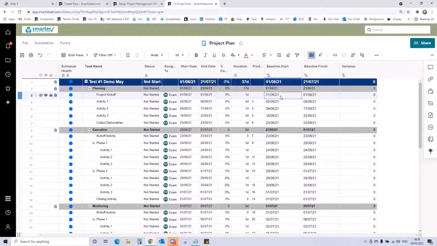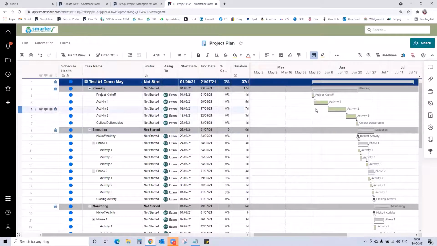You can't type over the top. You hear me trying to type over the top, it's not going to work. So these are now set in stone. But as you change your dates, you'll see the variances change. So I just want to show what's happened to the Gantt view. Can you see just underneath each of the task boxes, there's a thin grey line,